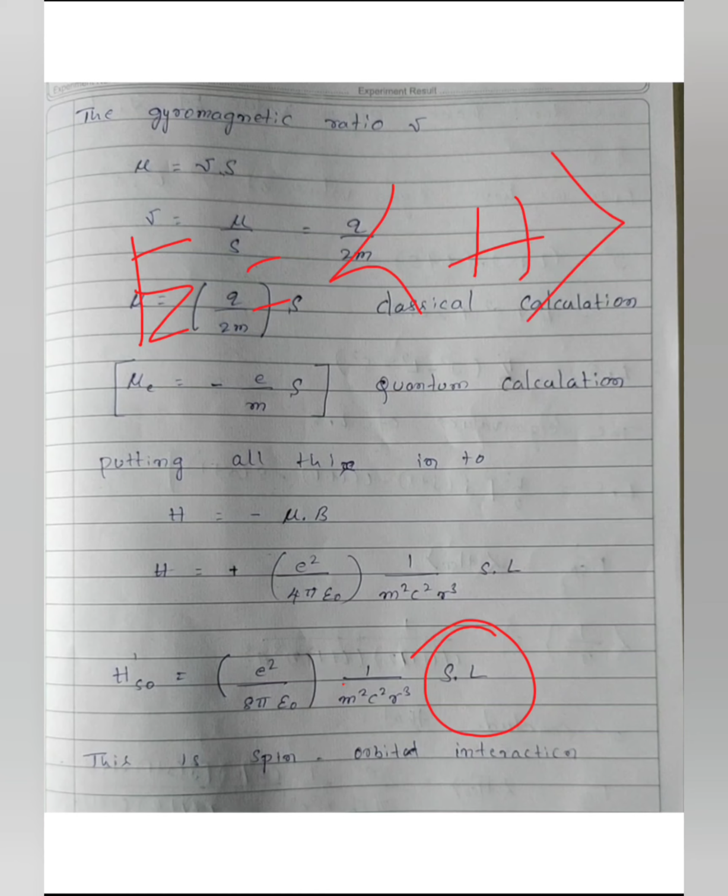This interaction has some energy. It may be positive, it may be negative. So this diagram indicates the B and L. This is the orbital angular momentum of the proton. You can see positive e indicates the proton, negative e indicates the electron. Here the proton is revolving around the nucleus.